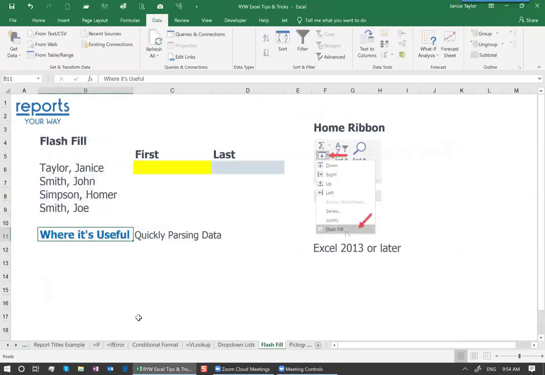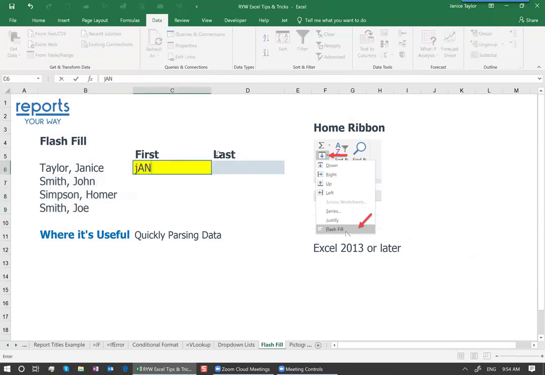Okay, flash fill, this can be fun. Now I just kind of put this in here for fun because I thought it was interesting. Where it's useful is for quickly parsing data. Have you ever done a list out of NAV and it comes in kind of funny looking like this? Well, if I go like this and I just give it the clue on how I want this to come out,